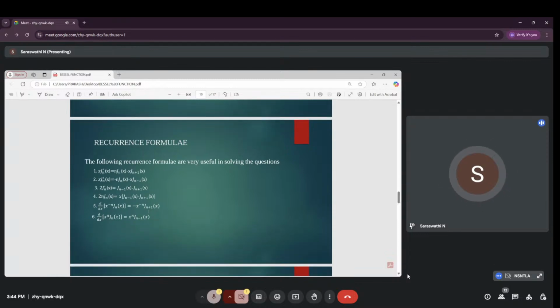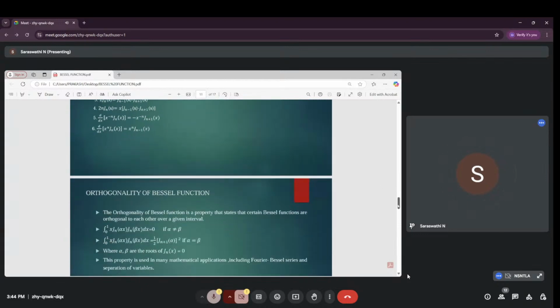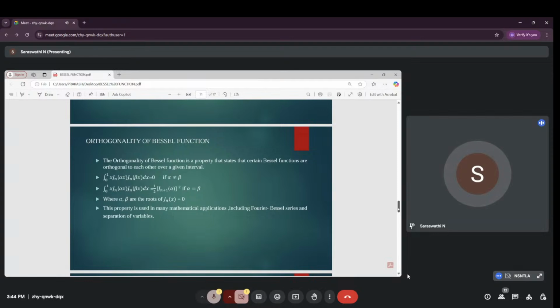These six formulas are called recurrence formulas, and are very useful for solving questions. Next one, orthogonality property of Bessel's function. The orthogonality of Bessel's function is a property that states that certain Bessel's functions are orthogonal to each other over a given interval. Integral 0 to 1 x into Jn of alpha x, Jn of beta x dx equal to